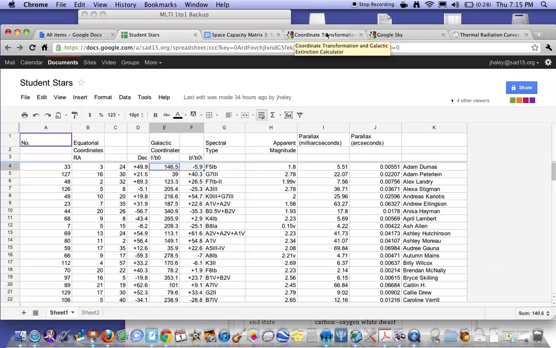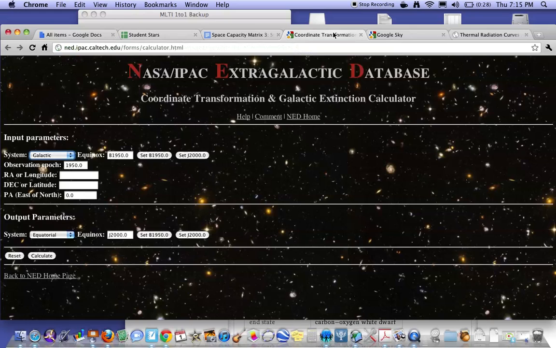Then I'm going to go back to the coordinate transformation page. If I've copied both of them, I'm going to paste them, and they're both going to show up in this first box. What I need to make sure I do is take that second number and cut it out of there and paste it into the next box. When I hit calculate,